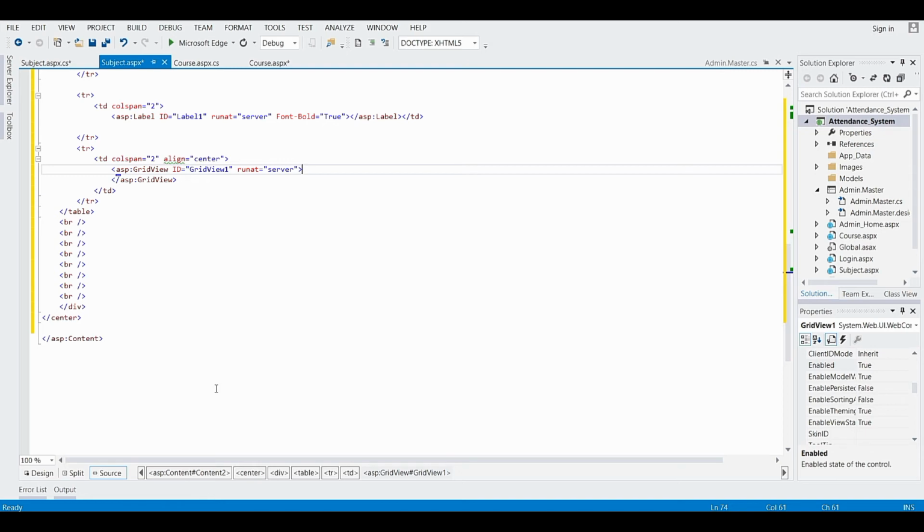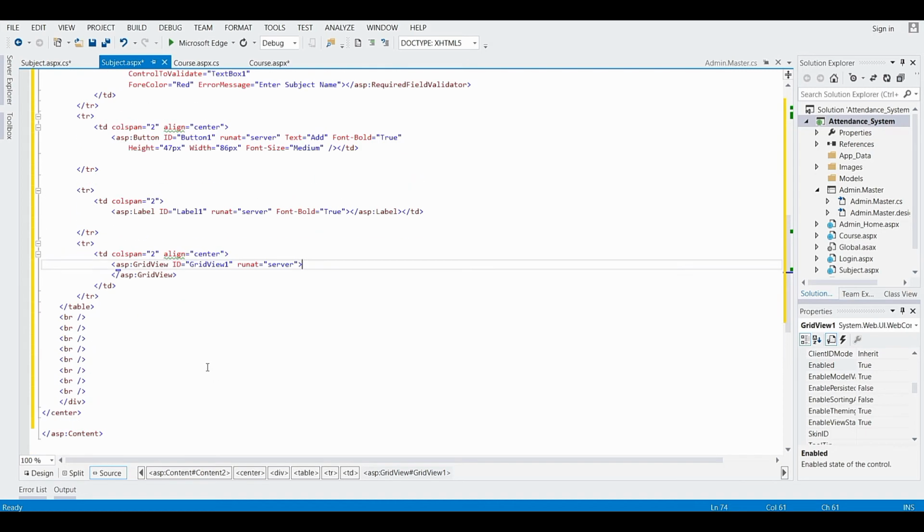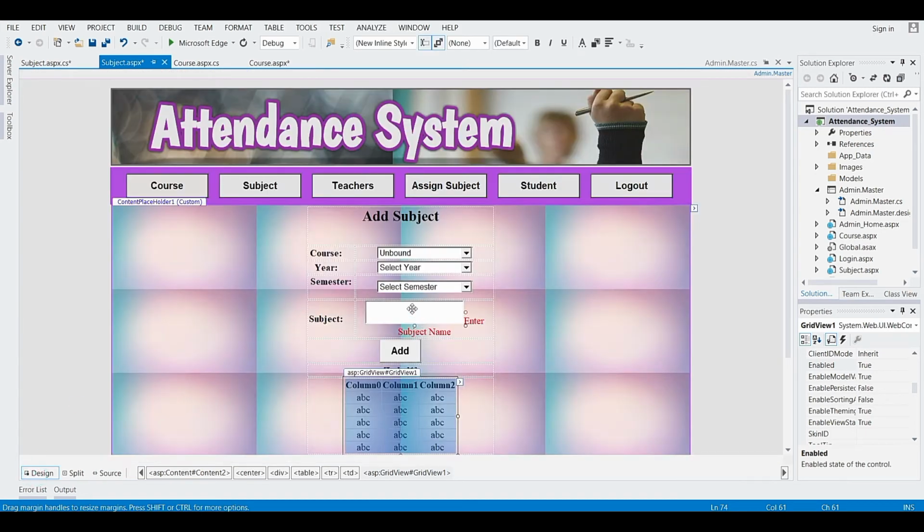Now let's see the code behind page. Double click on this button.